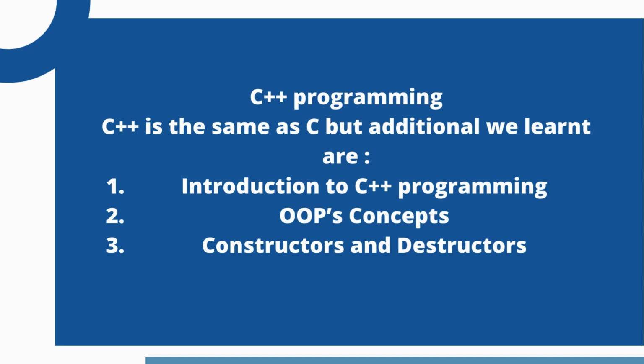So about OOP concepts, we learned about different kinds of OOP concepts like classes and objects, where we saw that a class is a blueprint for creating an object, and an object is nothing but an instance